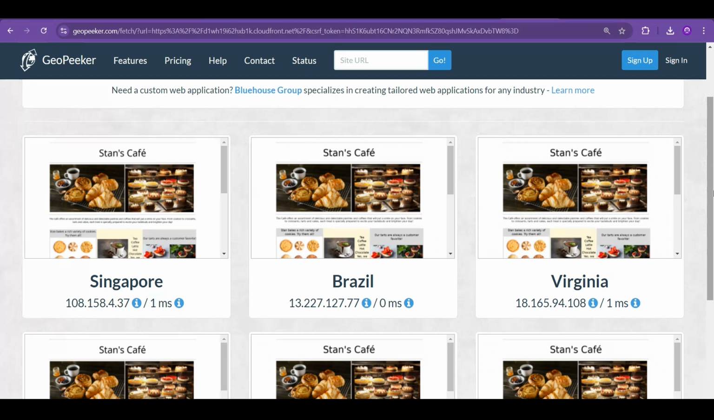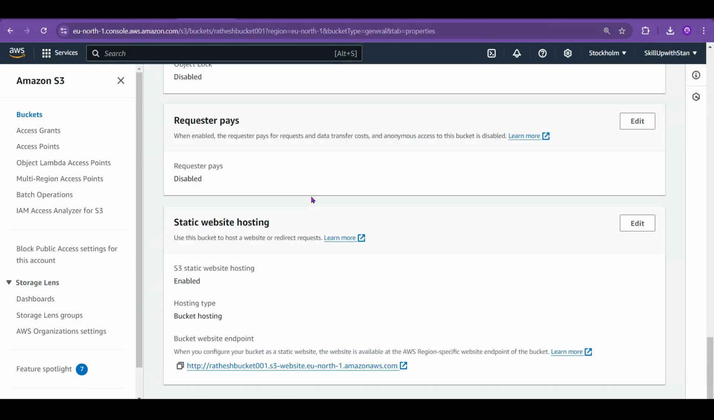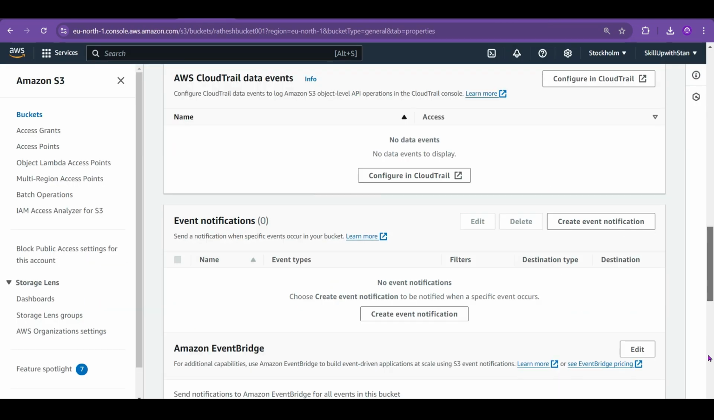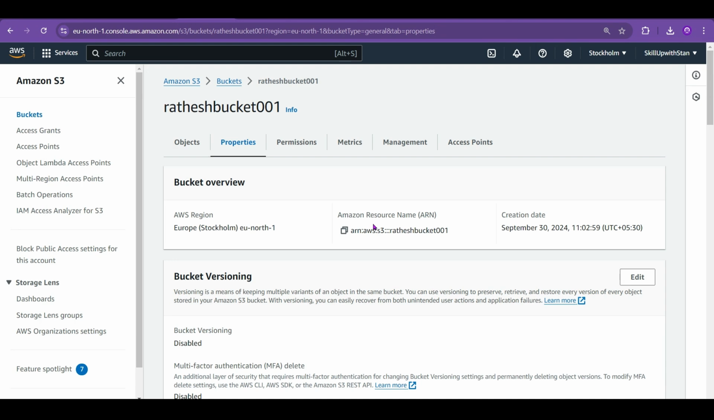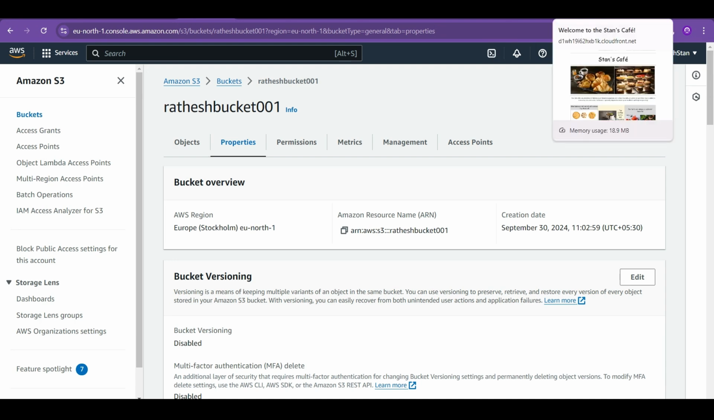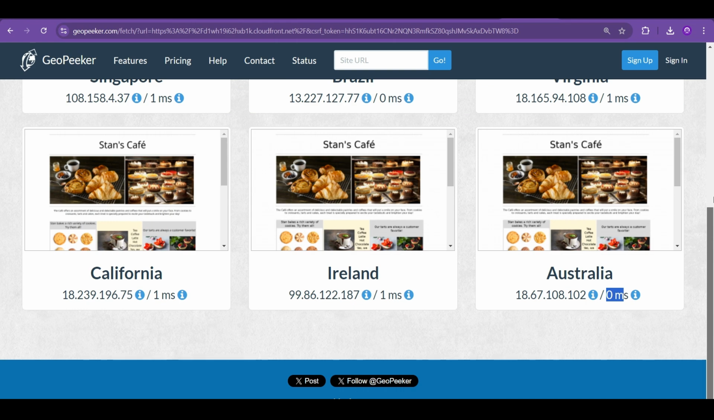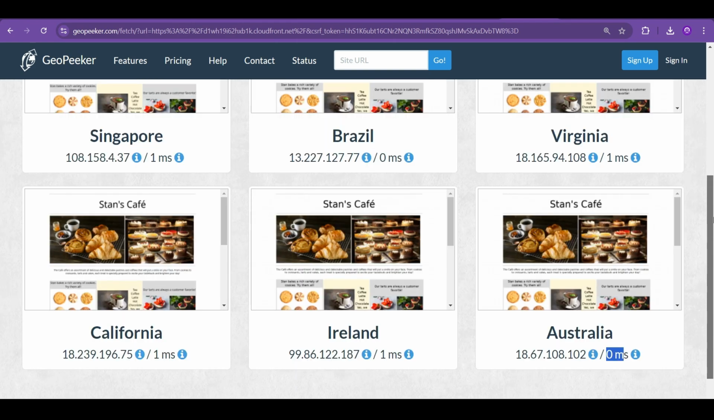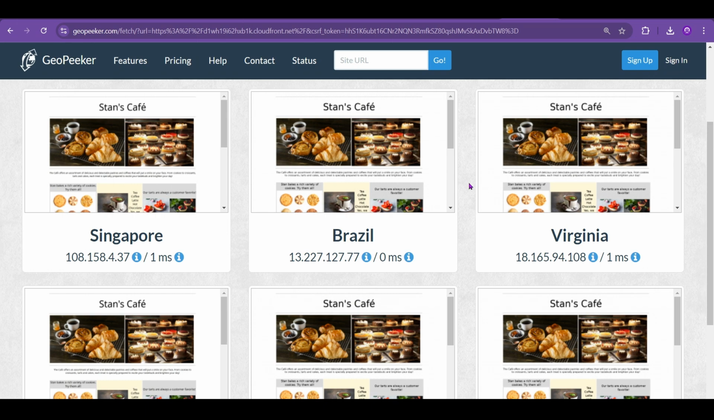There is another service which is very similar to CloudFront. With AWS CloudFront, you can configure caching, and this helps you to manage the content efficiently. Whatever content you are trying to access from global locations, everyone will feel the same experience, even though the bucket is in Europe, Stockholm. The users from Singapore, Brazil, Ireland all have the same latency, and they are able to see the same content